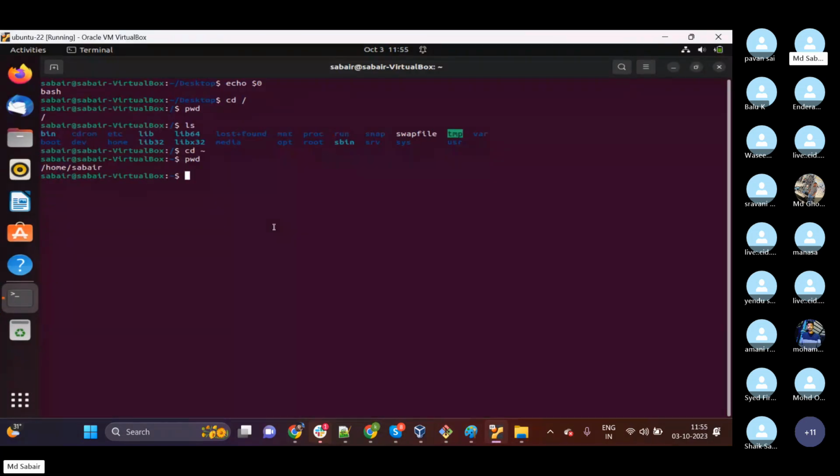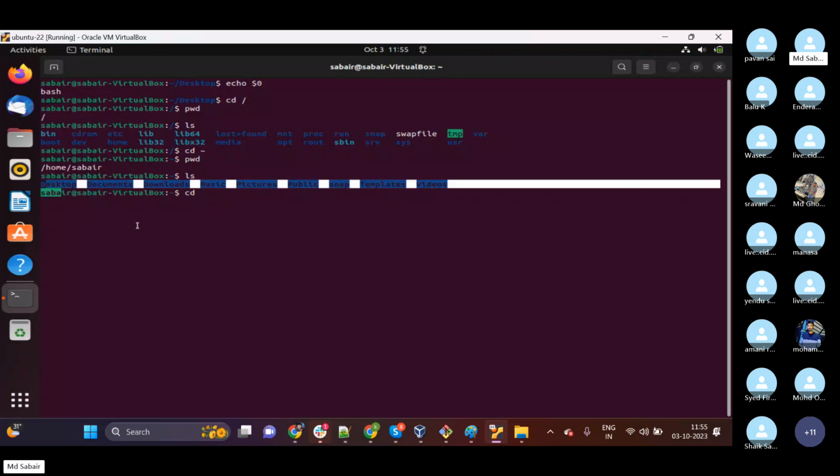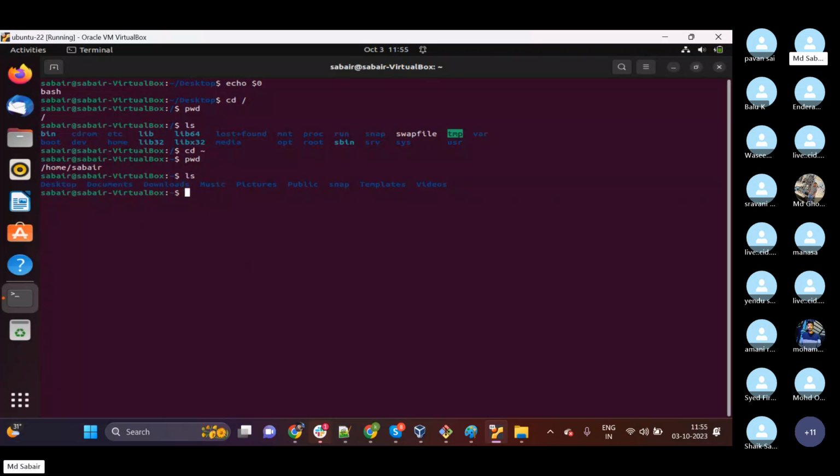We need to execute the command called cd. For example, now I want to get inside Desktop. Currently we are in the home location, right? So if I want to change the location to Desktop, I can use cd Desktop. Always use cd and you can try pressing tab. What will happen? It will automatically auto-populate the name if it is unique.